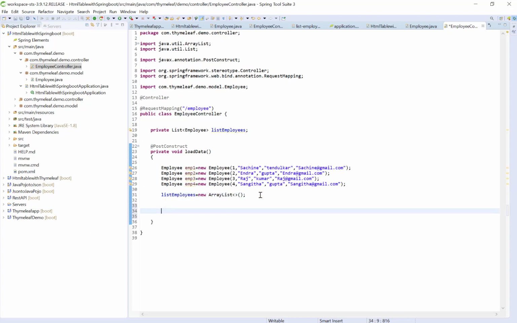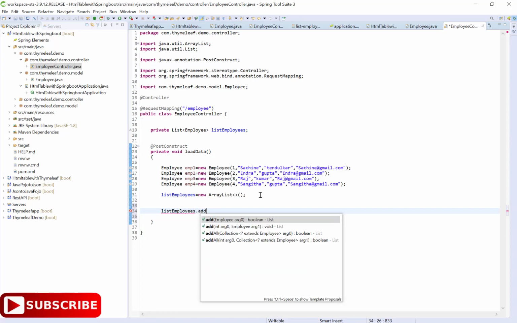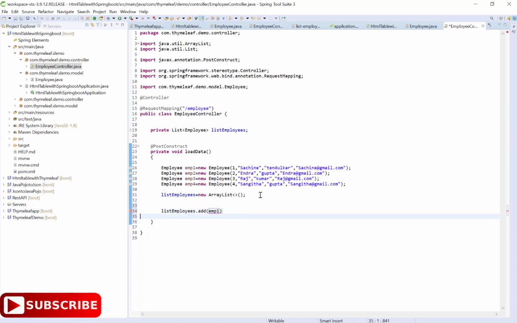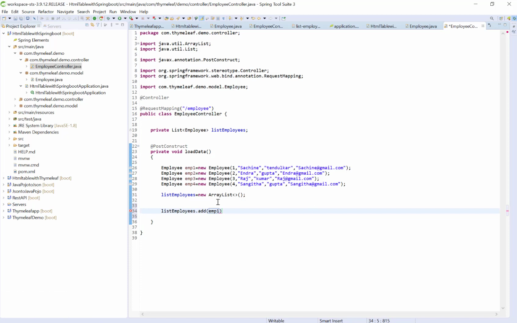After this, inside this list, I am going to add the employees. Now I am done with creating the employees and adding them into the list.